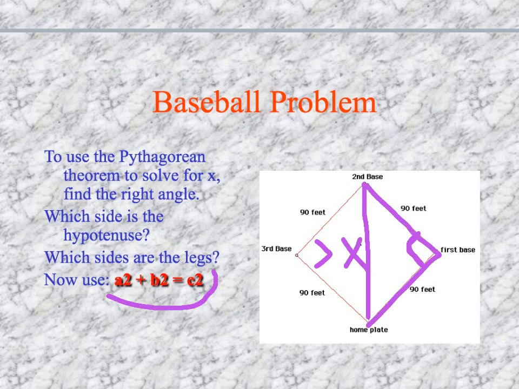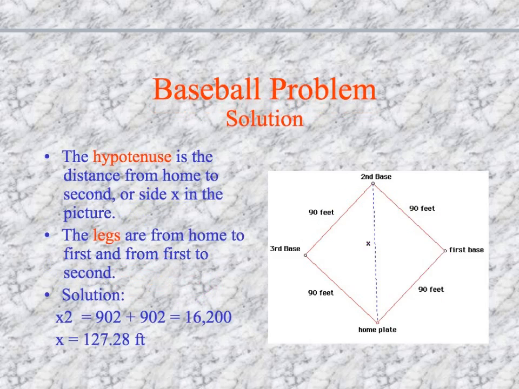So we're going to use the formula a squared plus b squared equals c squared. We're going to say this is a, this is b, and the hypotenuse is always c. So instead of solving for x, we're really going to solve for c. Alright, so we would plug it into the formula, 90